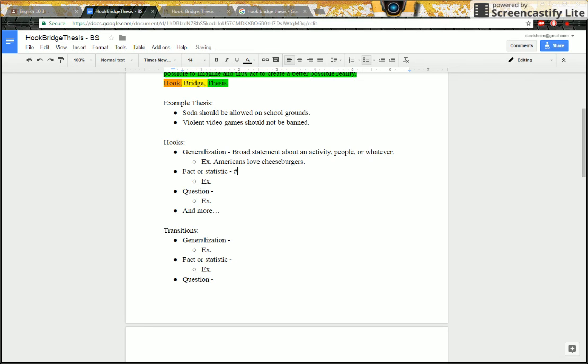Next is a fact or statistic. This is a number or percentage. For these, you'll use a number or a percentage in your hook. So let's just say this isn't true, but I'm just going to throw one out there. Let's just say 10% of people have milkshakes for breakfast. See, it's got the percentage that shows you that a number of people